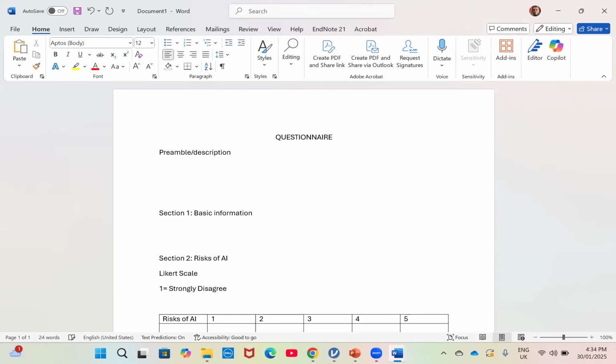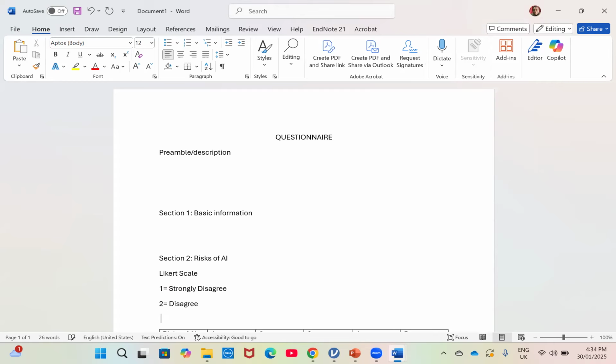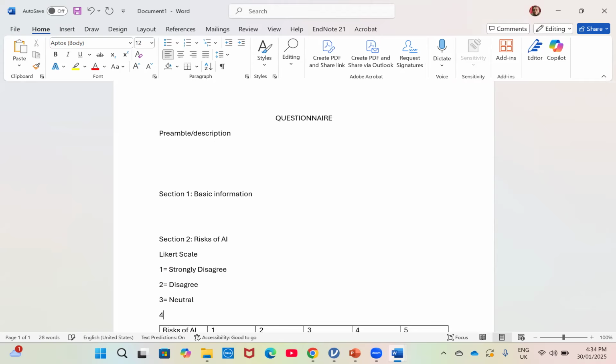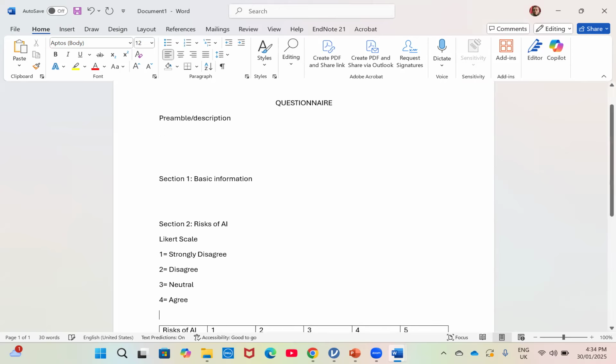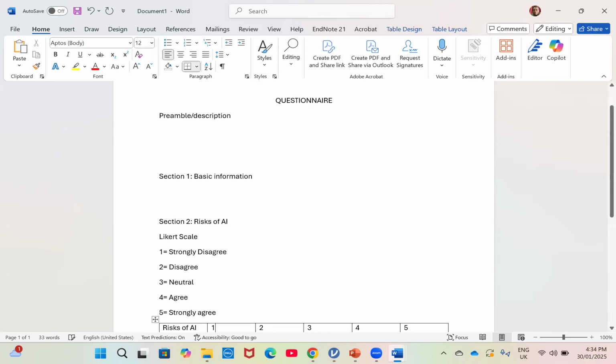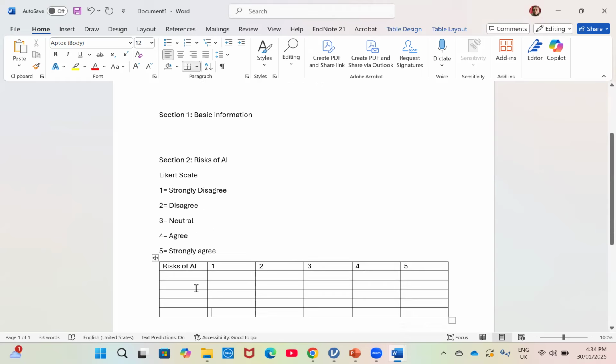My number 2, according to my scale, represents disagree. My 3 is neutral. My 4 is agree. And then my 5 is strongly agree. Okay, so once you have this, then anybody who is going to respond to any of the statements that you